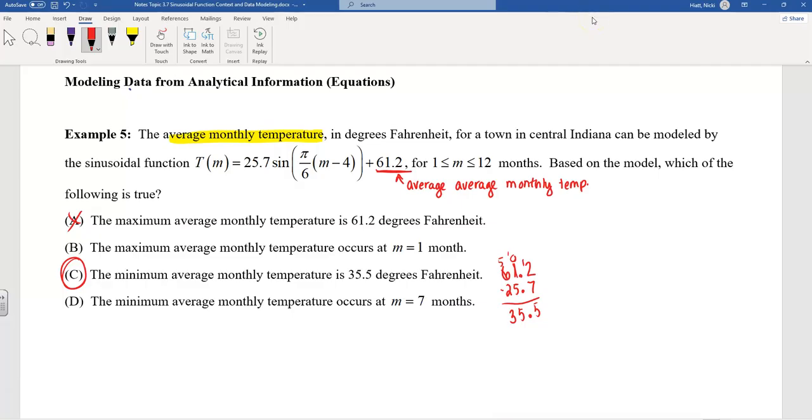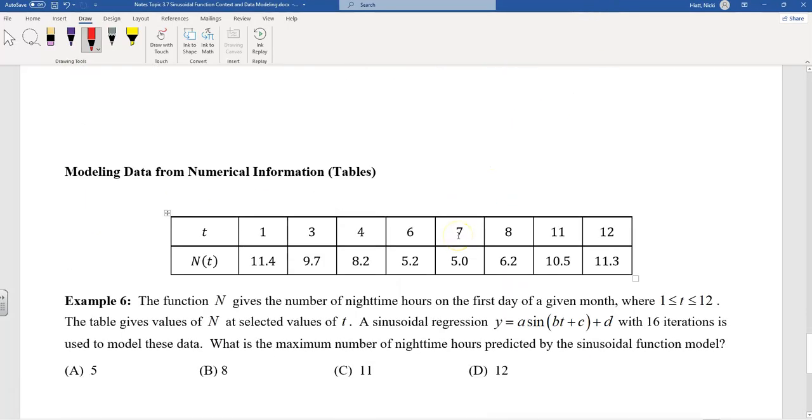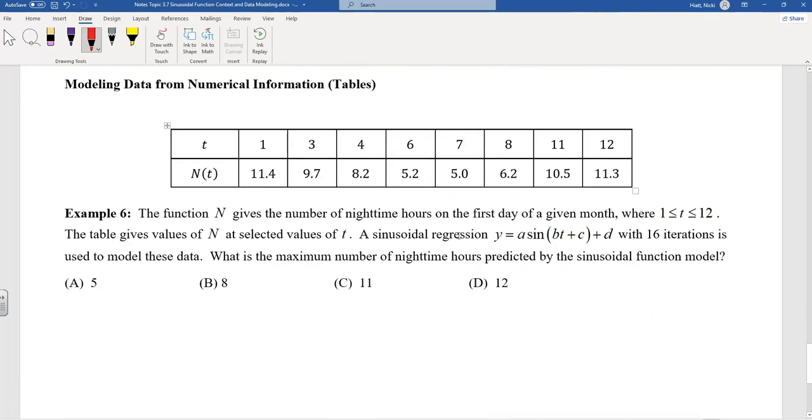Okay. What would we do if we wanted to find a maximum? We would add instead of subtract, right? So we take that midline and add for that. Okay, let's look at this. Now, this particular case,